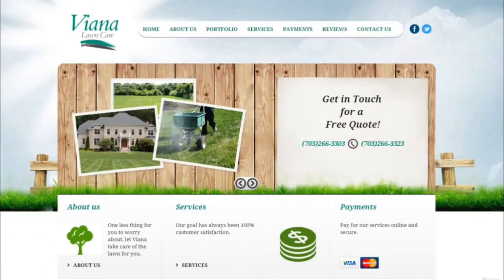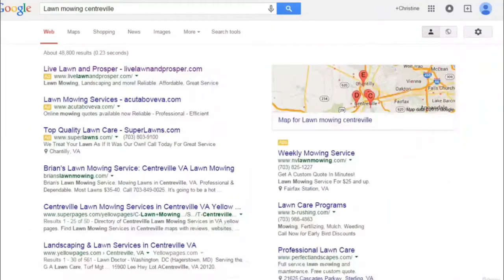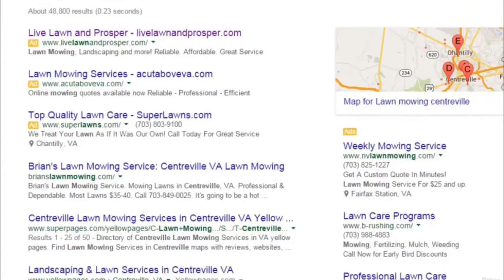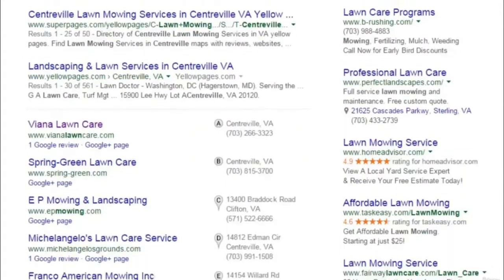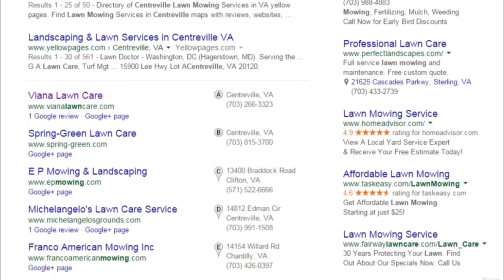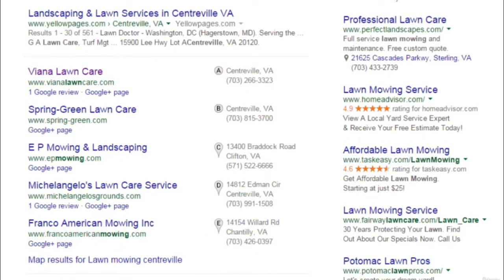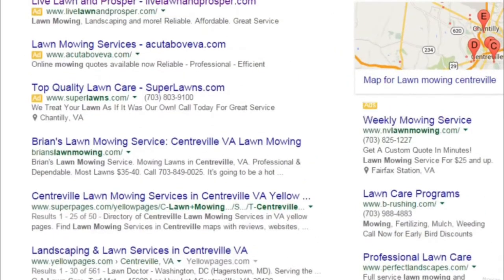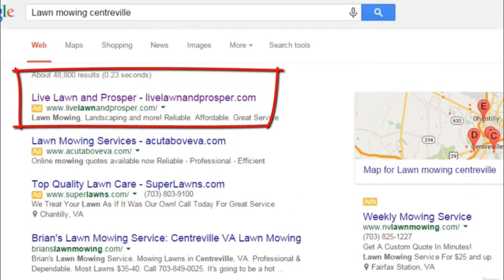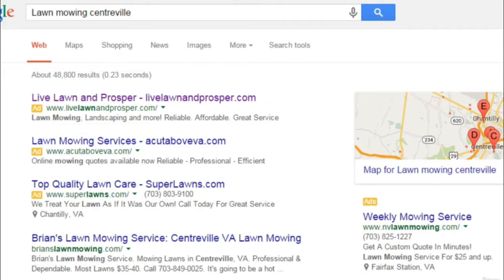They've listed several of their online competitors. However, in doing a quick search for their top keyword, I don't see any of their top online competitors listed. When I scroll down, I do see them listed here in the local search results, but I don't see them listed here in the top search results. Now, if you'll notice, they do appear here in the sponsored area. They are using Google AdWords currently as part of their marketing plan,